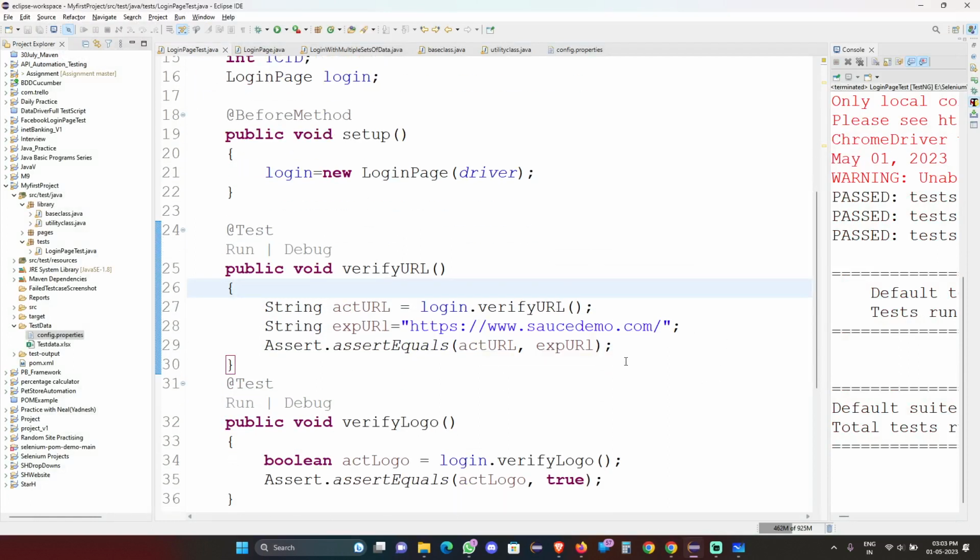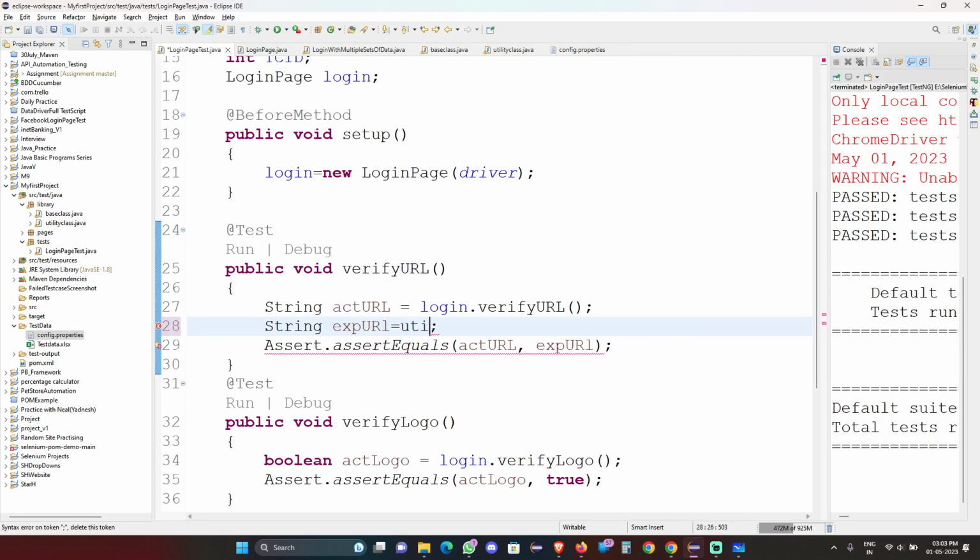Okay, now we will go for this. We will change this also. Same thing we will do. Utility class dot read pf, where we will call the product page. Sorry, we will call the URL only, in double quotes. Or else we can just add it. Okay,